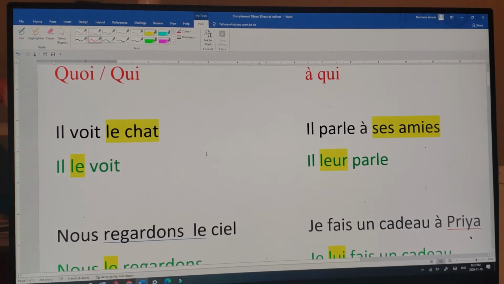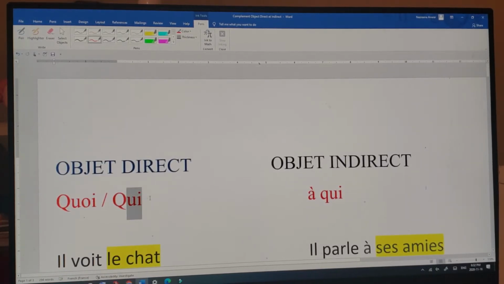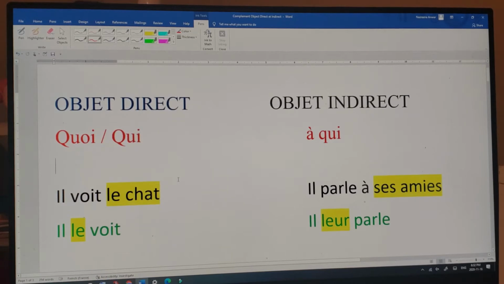But how do you ask a question to find out what the object was? So you ask "il voit quoi", right? He sees what. So when you use what or who in a question to get the answer, then it's an example of a direct object. In this case, "il voit le chat, il voit quoi? Le chat." So le chat, the cat, becomes a direct object